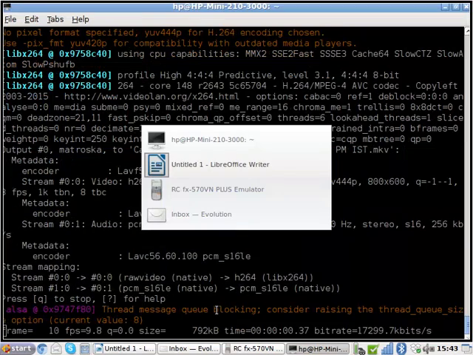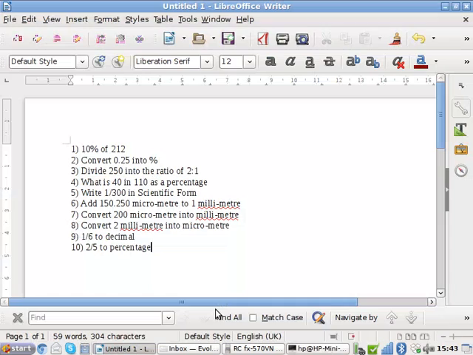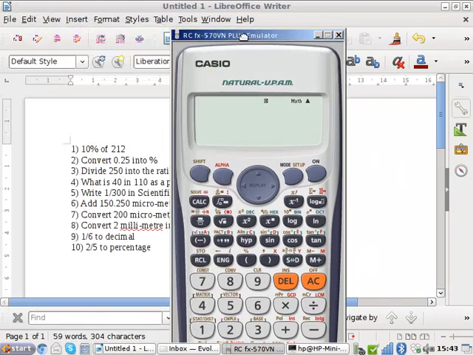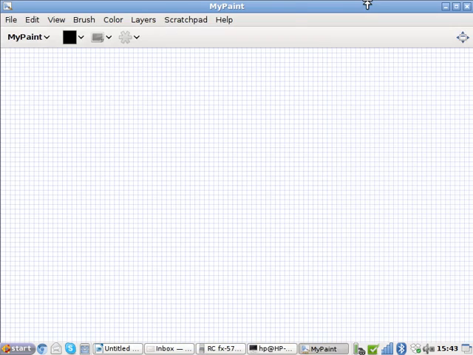some basic things with a calculator. So I just put together 10 quick questions, and we'll have a look at how to do them using the Casio calculator. So the first one is getting the percentage of a number, and what's nice about the